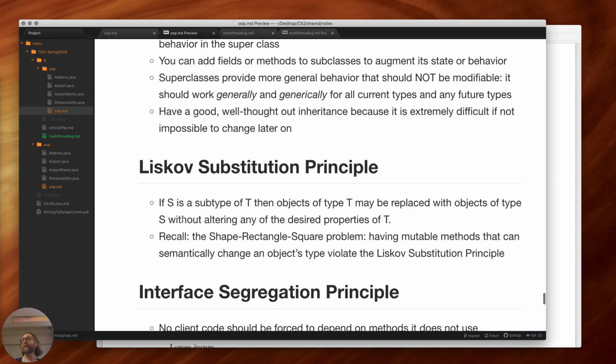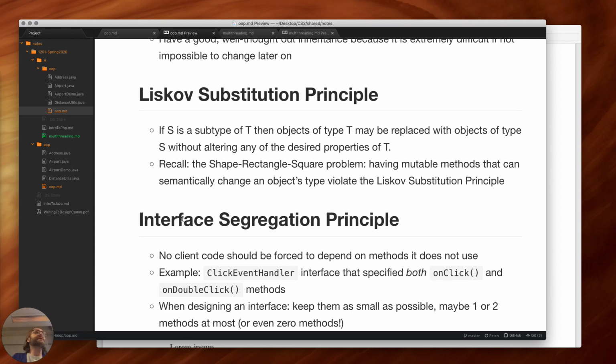Right? The Liskov substitution principle is just a restatement of the rectangle problem. If S is a subtype of T, so S, T, the subclass, superclass, then objects of type T may be replaced with objects of type S without altering any of the desired properties of T. That just means that you can treat an ostrich like a bird, you can treat a robin like a bird, and nothing should break. If something does break, then it's a violation of this principle, as we saw with the